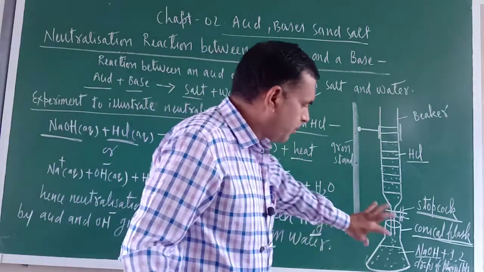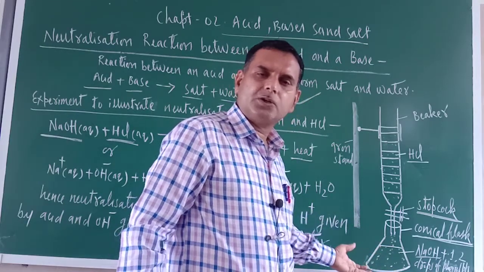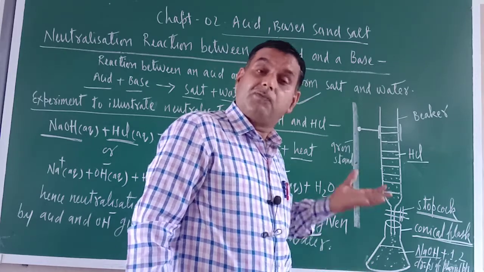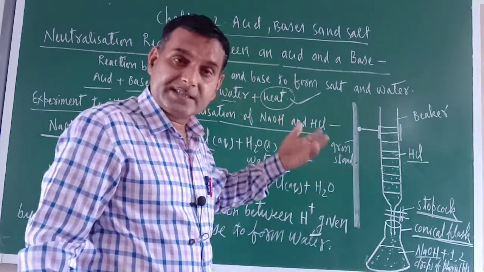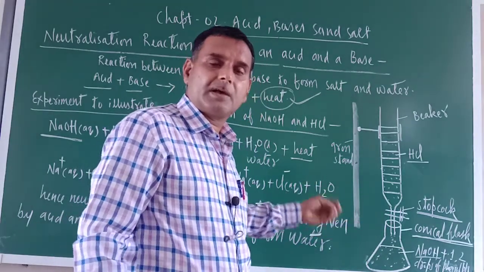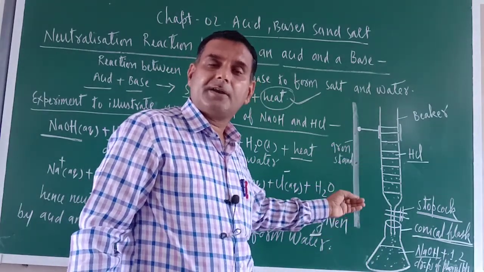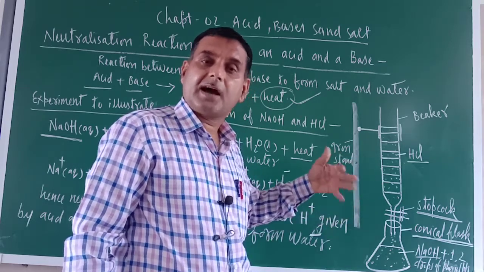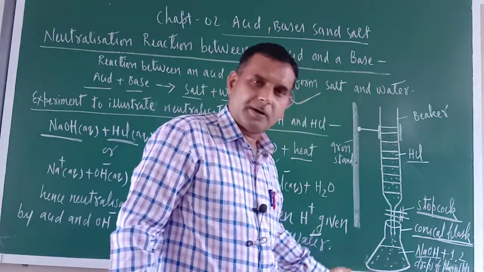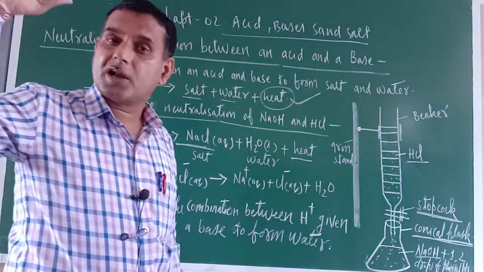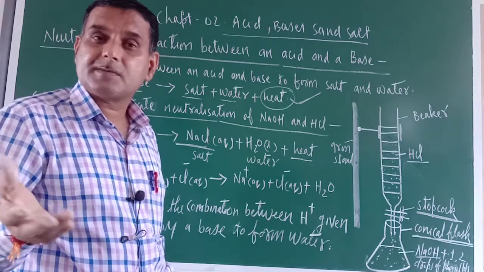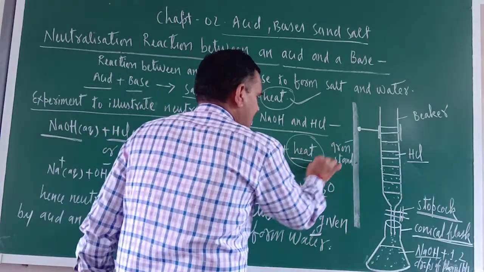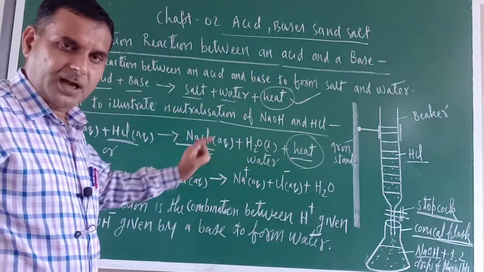Just see. Before the reaction gets started, you touch the bottom of the beaker, the bottom of the conical flask. First only, before the addition of HCl, you should touch the bottom of the conical flask. Then you add HCl drop by drop, and once the neutralization reaction is completed, meaning the pink color appears, again you touch the bottom. You will see that as compared to earlier, now the bottom of the conical flask becomes hot, because during the course of the neutralization reaction, some amount of heat is evolved. Okay, now that is the indication.